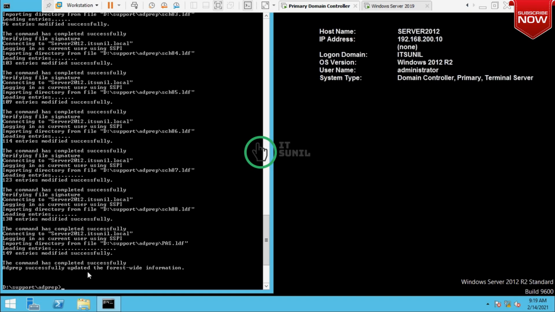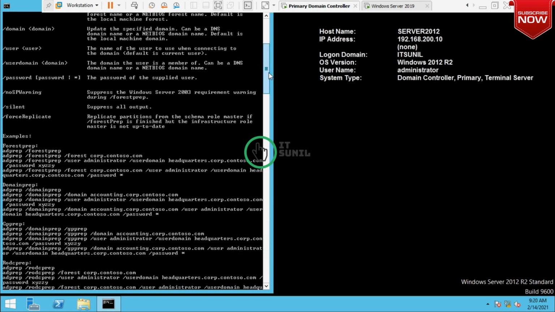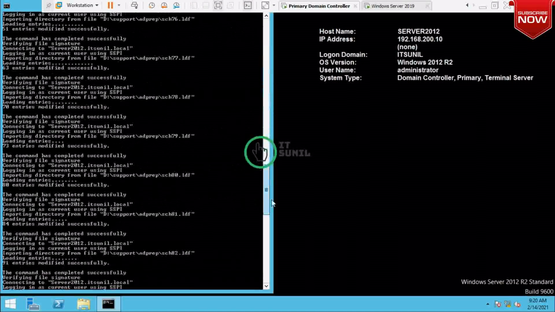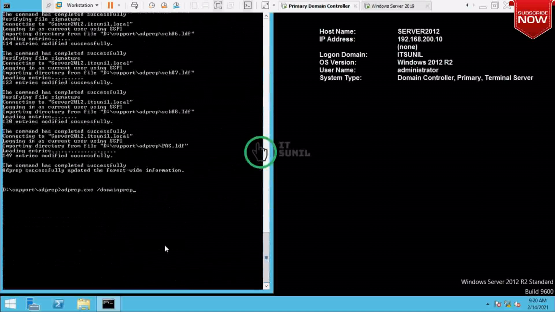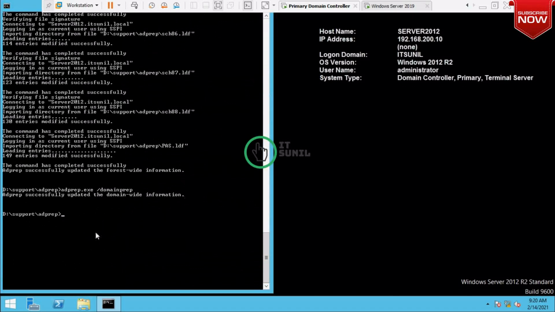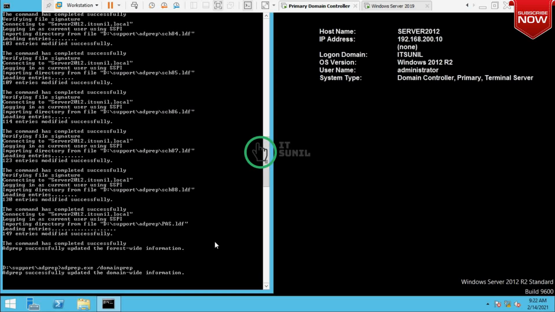Adprep successfully updated forest-wide information. Now domainprep. Okay, then enter. Adprep successfully updated domain-wide information. That's fine. Domainprep has been successfully updated.